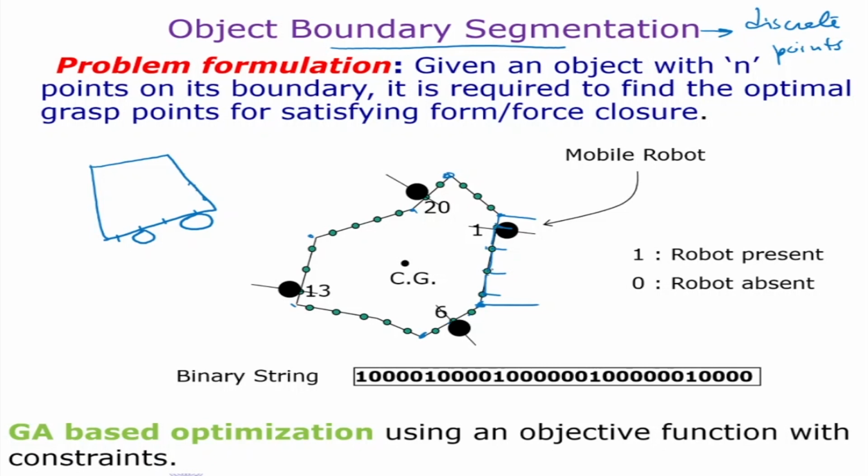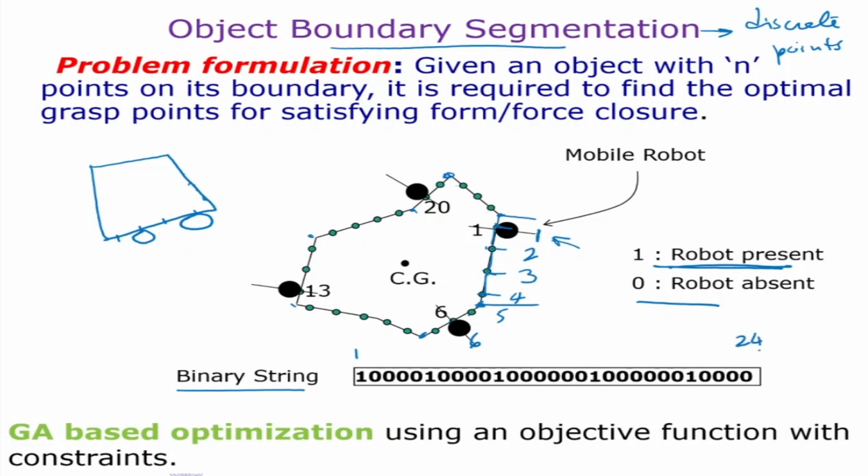So if you make a fair number of divisions, say in this case, and start numbering from 1, so this is my 1, that's my 2 3 4 5 6, like that. Okay, so in this case, wherever the robot is going and sitting, we name that as 1, and wherever it is not sitting, we name that as 0. So on whichever point the robot is present, we name that as 1, and wherever the robot is absent, we name that as 0. And we make this binary string. So this is going from 1 to, how many total points are there? 20, 21, 22, 23, 24. There are 24 points here.